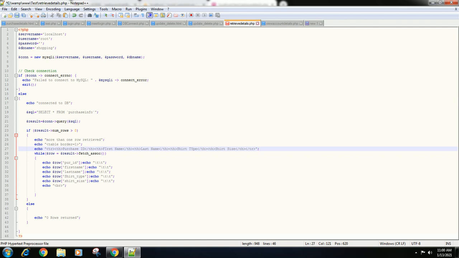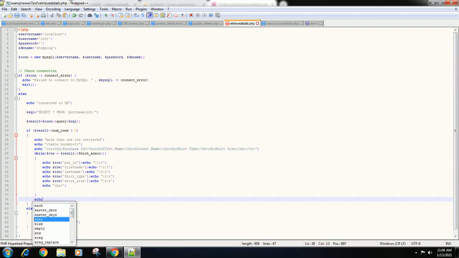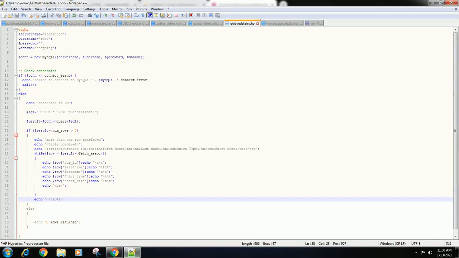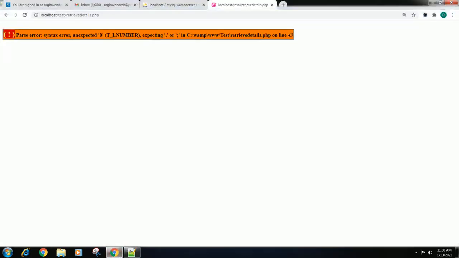Okay, so after the while loop I will have to close the table tag. So I'll give /table, right? So let us see what happened now. Sorry, line 43. I need to close the semicolon. Right? So as you can observe here, I have got the table, but the data is not being displayed inside